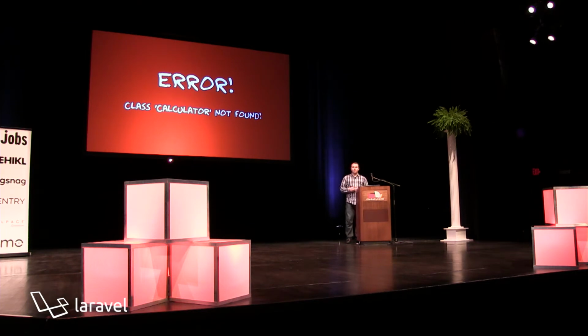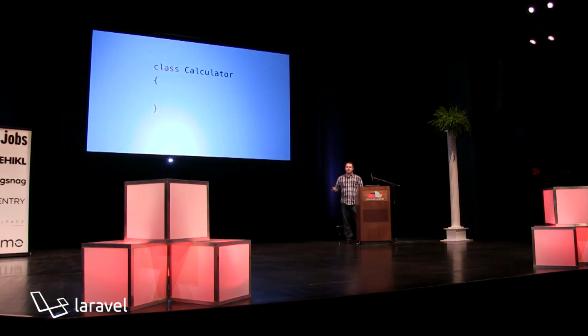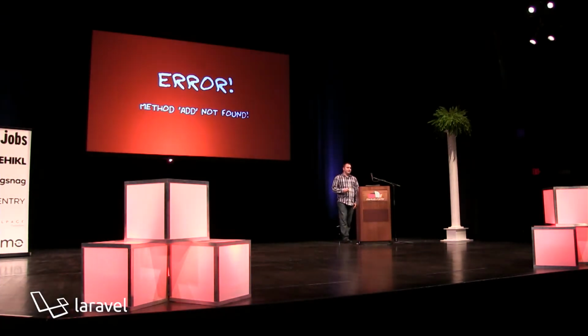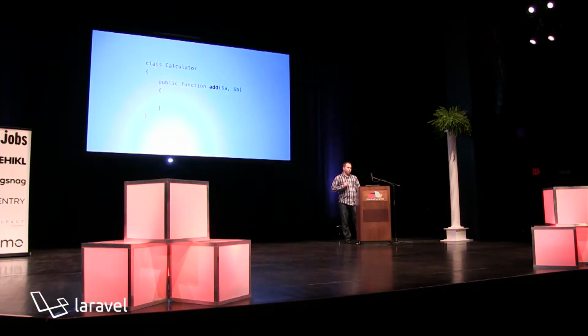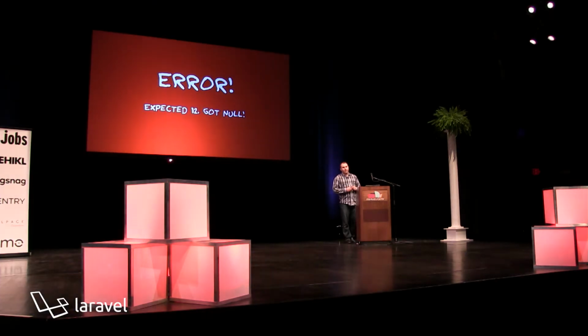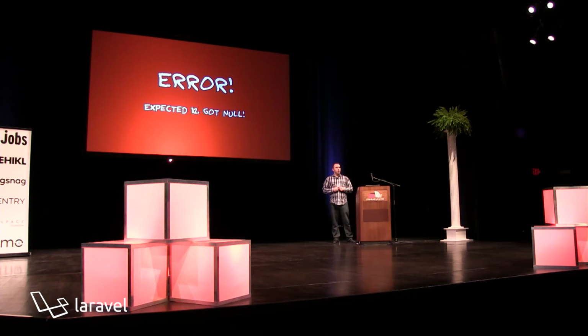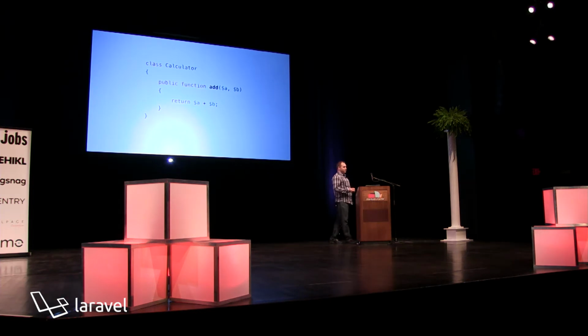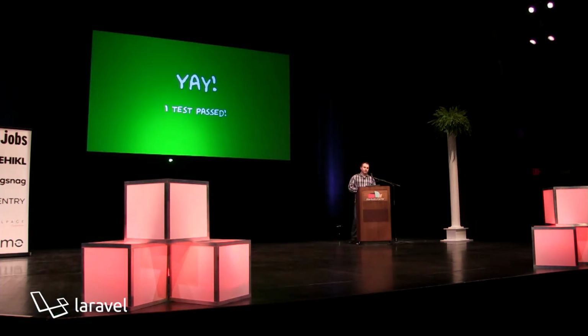Because we're doing TDD, we haven't written any code yet, so there's no way the Calculator class can exist. Following the errors, the first thing you would do is define the Calculator class, and that's all you have to do. Then you run the tests again, and now we get an error saying there's no add method because our class was empty. So we add an add method, specifying the parameters we outlined in our test, and run the test again. Now we get another error saying we expected 12 but got null, because we're not returning anything from that function. So now you write an actual implementation for your add method, run the test again, and